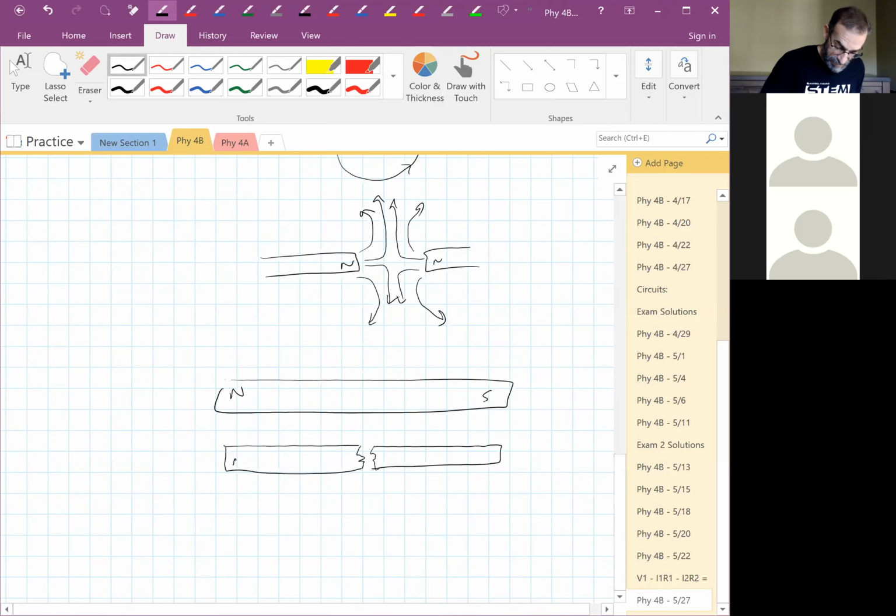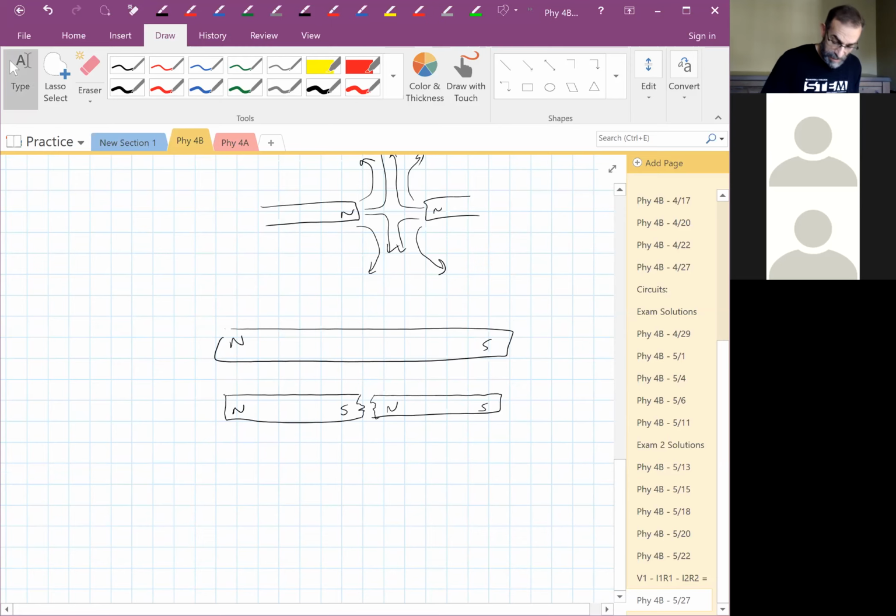No, we don't get that. Two smaller magnets, and we break this one in half, and we get a north and a south, right? And a north and a south. And we can keep breaking that up, and we always get